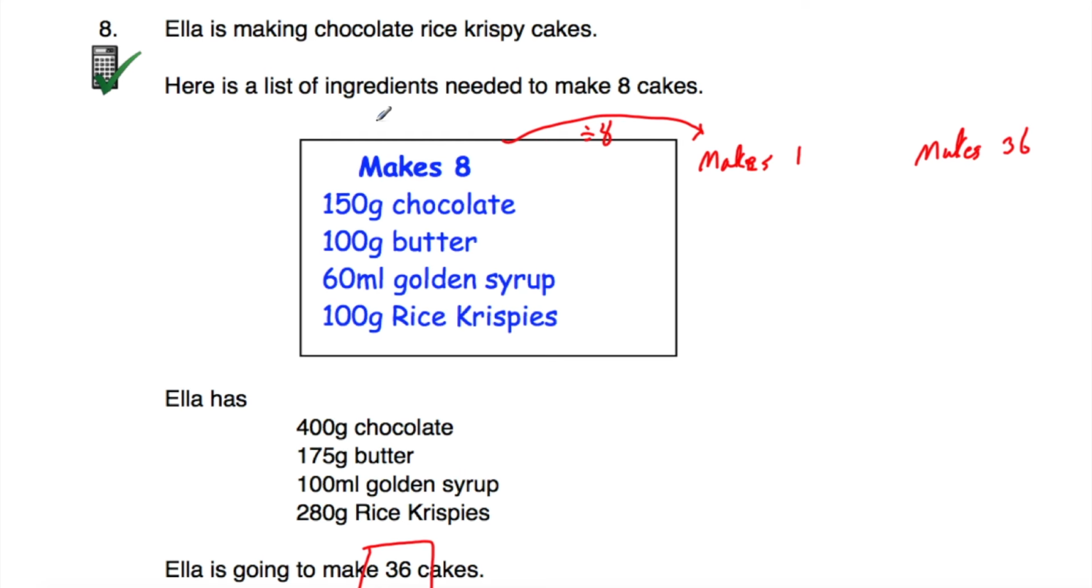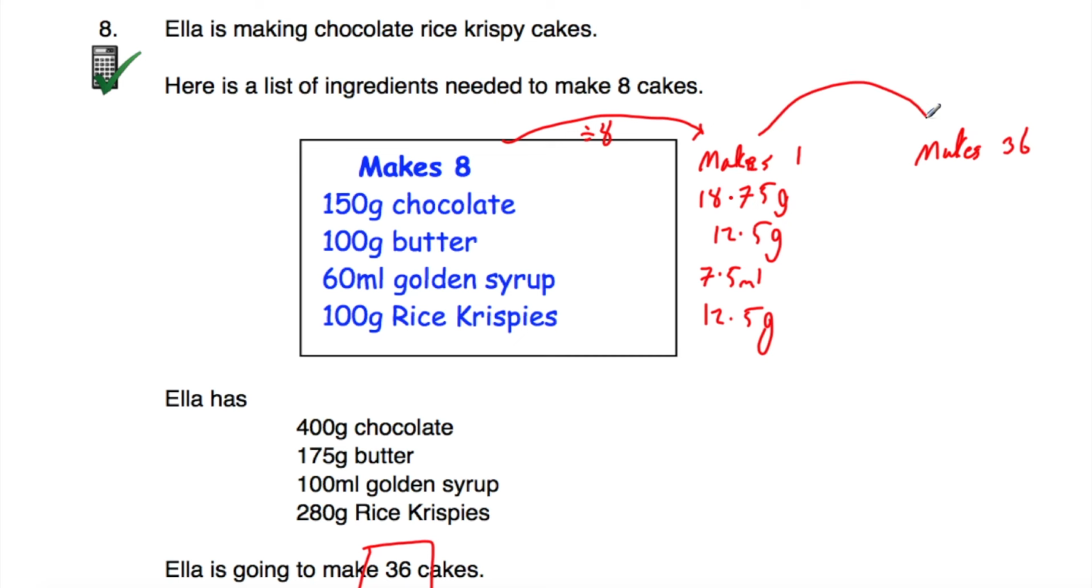That's quite nice. If we take 150 and divide that by 8, that's equal to 18.75 grams. 100 grams of butter, if we divide that by 8, 100 divided by 8 is equal to 12.5 grams of butter. 60 milliliters of golden syrup, if we divide that by 8, that's equal to 7.5 milliliters of golden syrup. And finally, with the Rice Krispies, 100 divided by 8, we've already done that, that's 12.5 grams of Rice Krispies. So that's how much of each ingredient Ella would need for 1 cake,